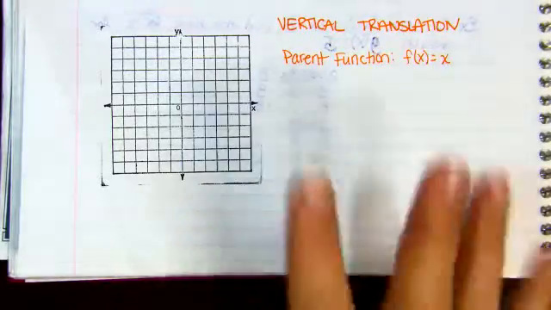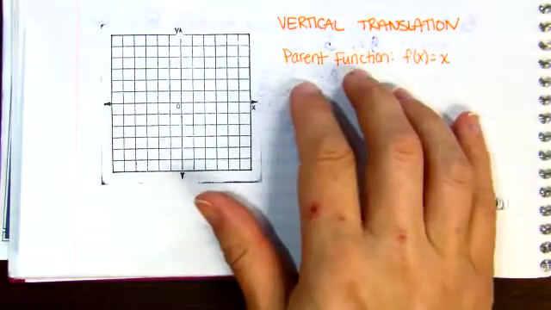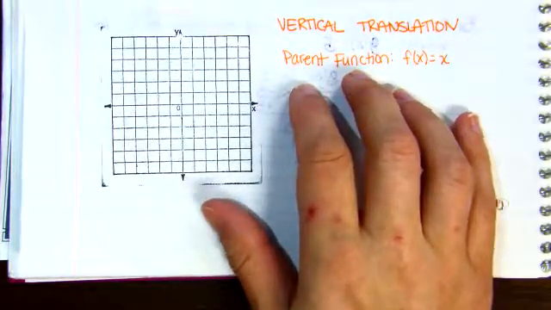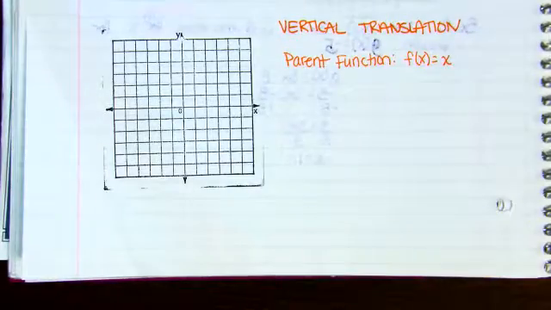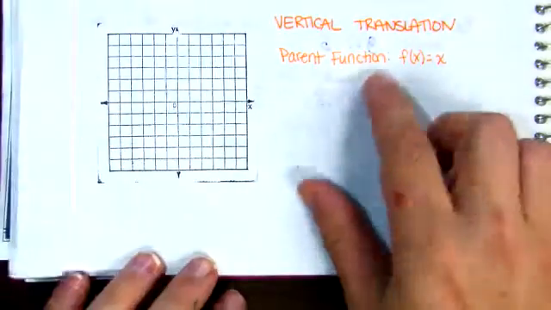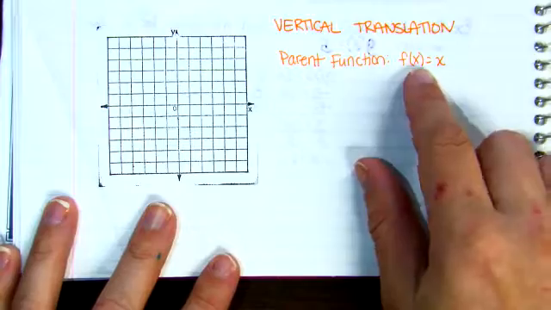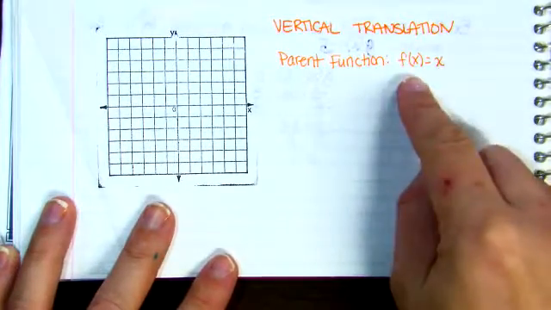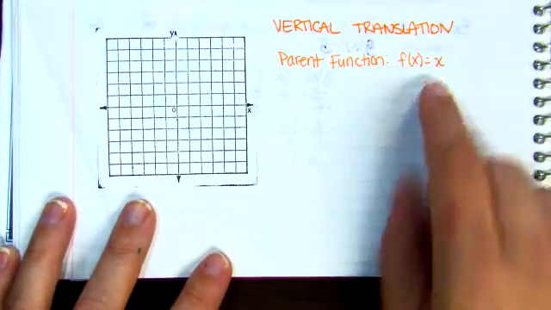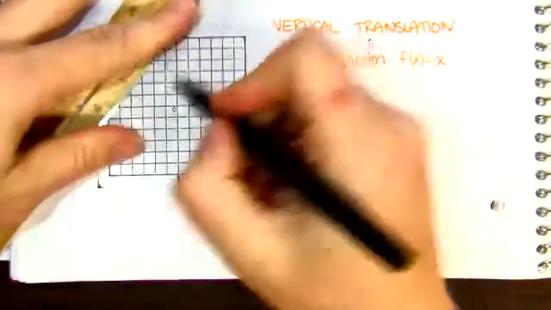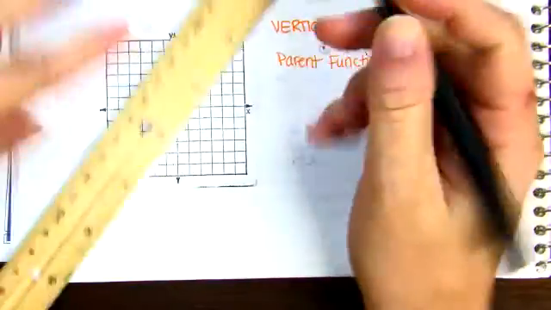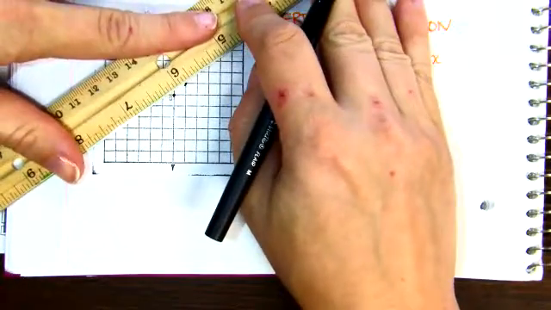Throughout the rest of algebra, we're going to be talking about what are called parent functions and then translations of those parent functions. So basically, we have a whole family of functions here that are all linear. Our most basic linear parent function is f of x equals x, which is just a line with a slope of 1 that goes through 0, 0. So our parent function is going to look like,